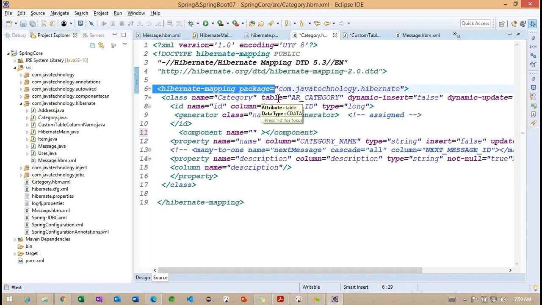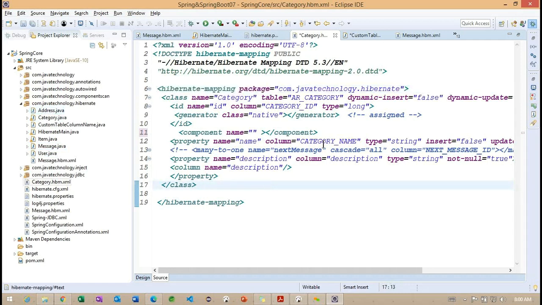Once we are familiar with Hibernate mapping, we'll focus on the remaining classes, because in yesterday's class we created multiple classes: category, item, user, address. I want to provide more information on Hibernate mapping, and later we'll work with the item and the remaining examples.